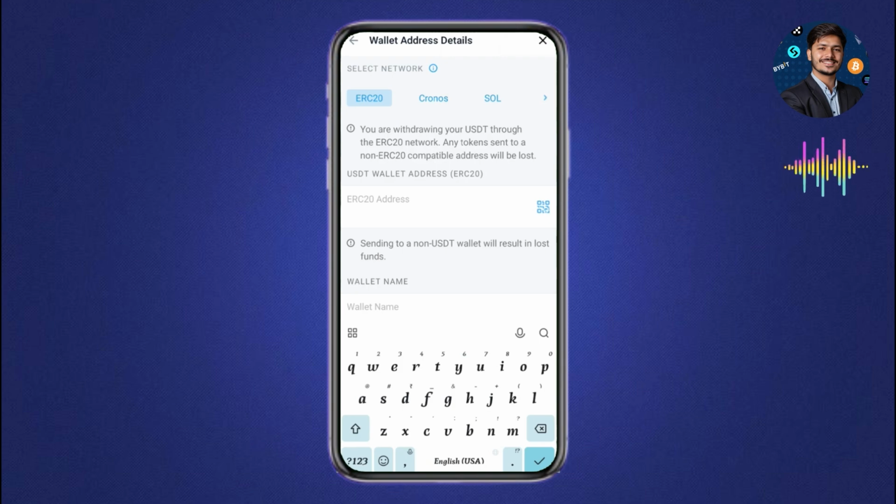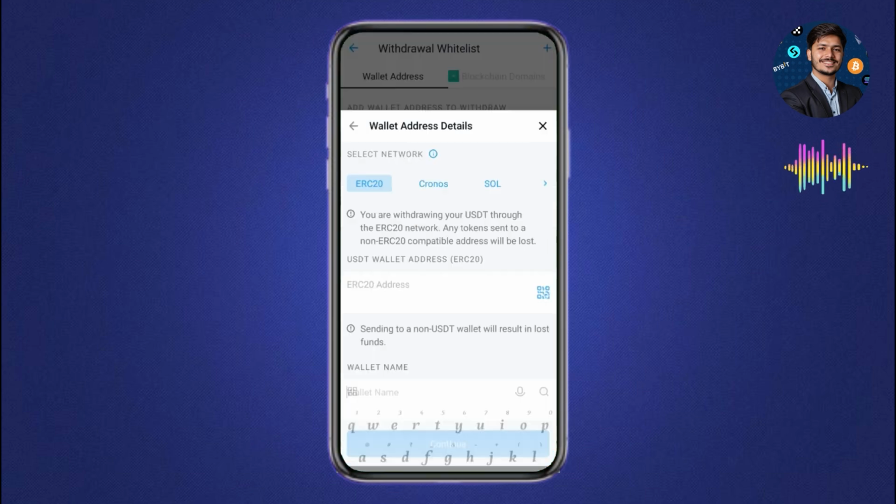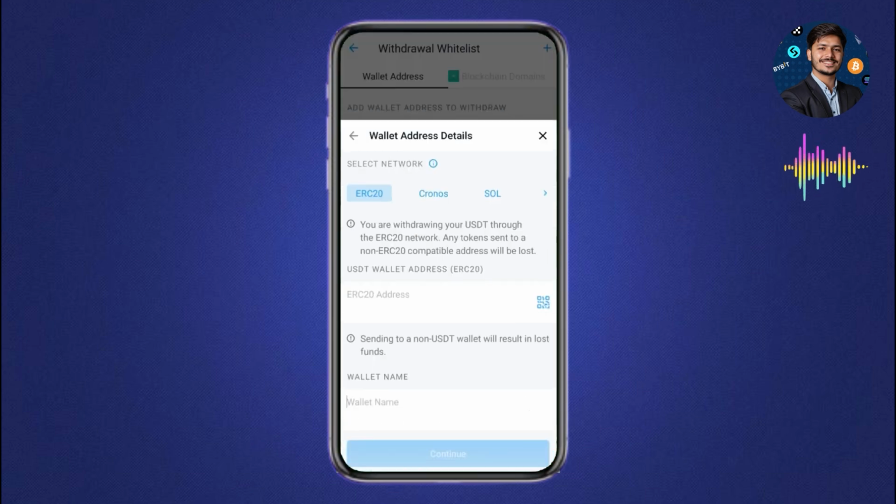On the next screen, confirm all withdrawal details and tap the transfer button. Ensure the network matches on both sides to prevent fund loss. Verify all information carefully before sending, as cryptocurrency transactions cannot be reversed. Your crypto will begin transferring to your MetaMask wallet once confirmed. And that's how you transfer crypto from crypto.com to